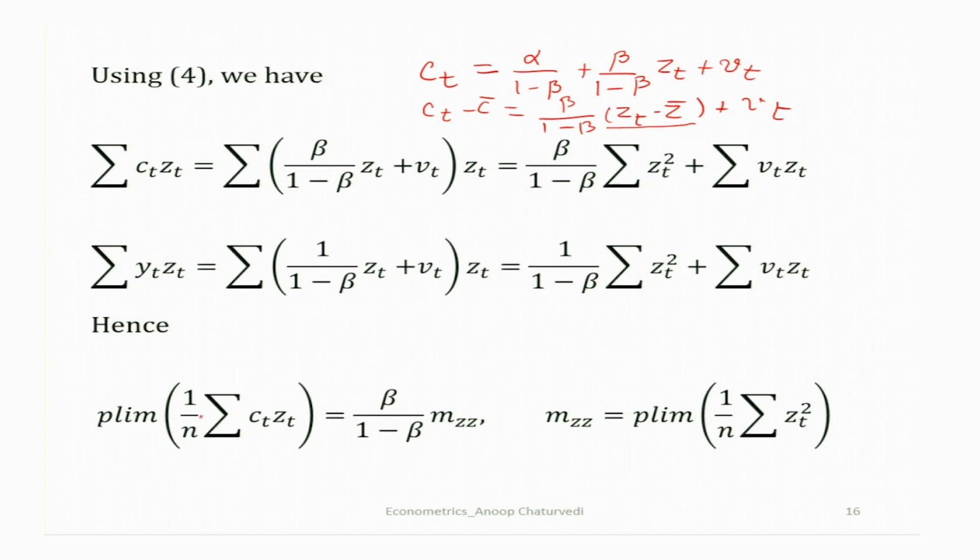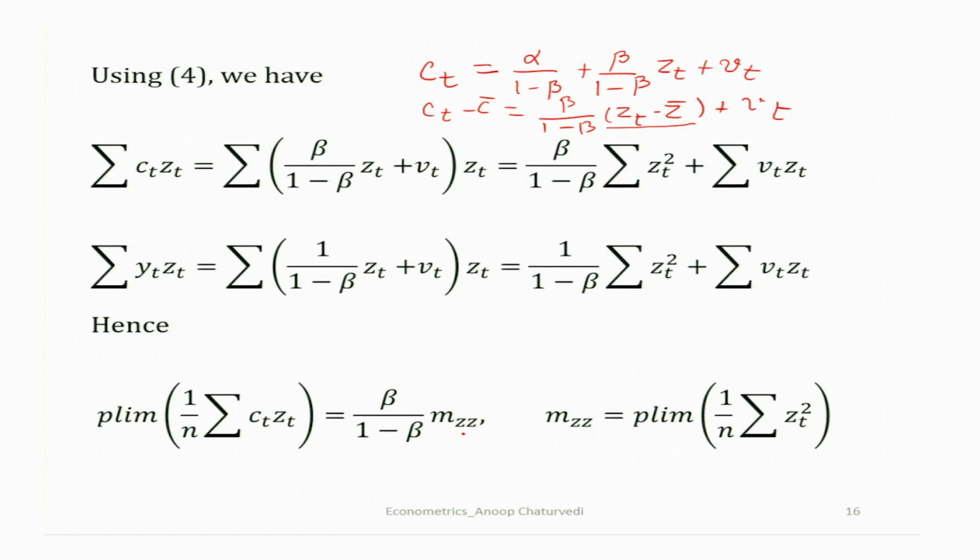Then the probability limit of (1/n) summation C_t Z_t equals beta upon 1 minus beta, then we write m_ZZ equal to the probability limit of (1/n) summation Z_t squared. So, if we divide this equation by n on both sides and then take the probability limit, the probability limit of this term is equal to 0, and here you get m_ZZ. So, finally, you obtain the probability limit of (1/n) summation C_t Z_t equal to beta upon 1 minus beta